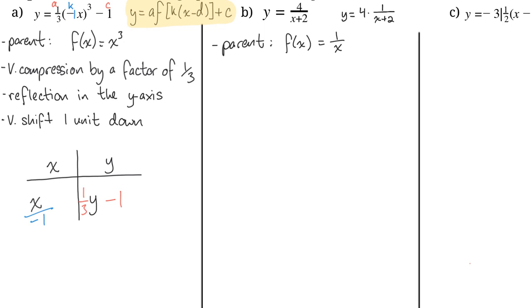So now it might be a little bit easier to identify what each number represents and what the transformations are. So 4 is actually our a value. So that means we have a vertical stretch by a factor of 4. And this plus 2 is actually our d, except d is not a positive 2, it's actually a negative 2,